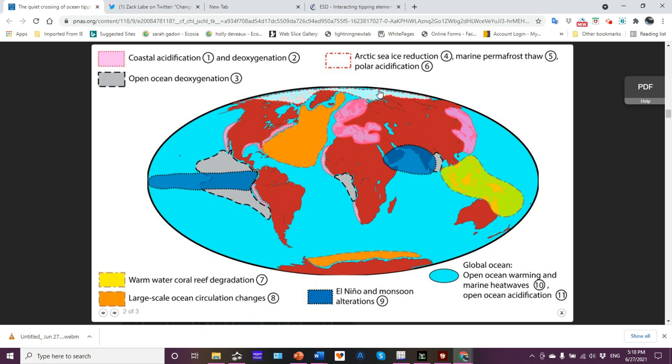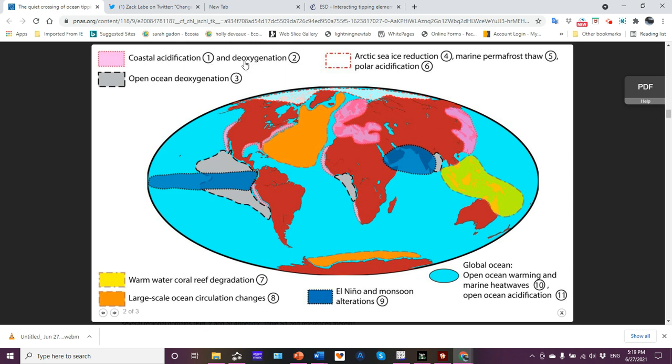That should not be a surprise. But associated with that is the thawing of the marine permafrost, which I discussed in my sea ice video, as well as polar acidification as well. Okay. We know about terrestrial permafrost thaw. I've now established with you that the marine permafrost is also thawing due to the heat content of the water moving into the Arctic Ocean. Okay, so we'll start now over here, and I guess you call that pink.